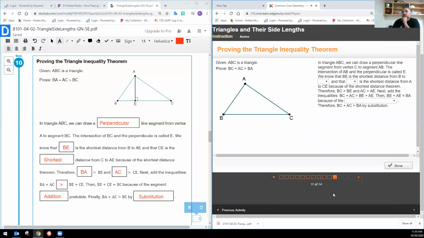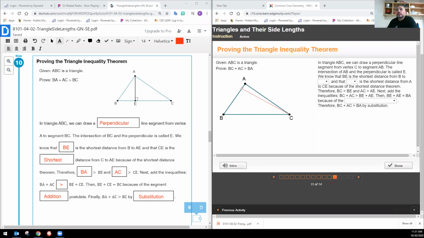Complete the proof of the triangle inequality theorem. Okay. So in a triangle ABC, we can draw a perpendicular line segment. So I'm going to draw the perpendicular line segment from here, and I'm going to go as straight down as I possibly can. Okay. And from the vertex C to segment AB. Okay, so I was wrong. So we're going to go from here,